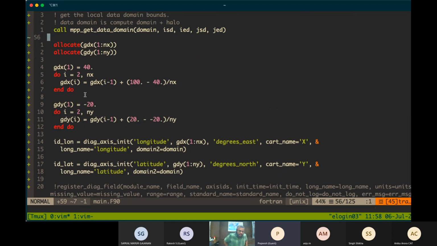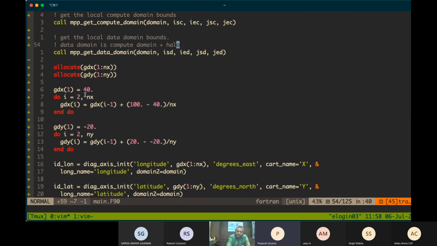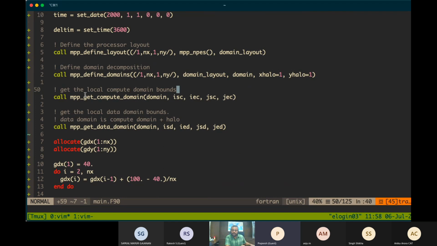You should call data override initialization after defining the domain, somewhere after that.